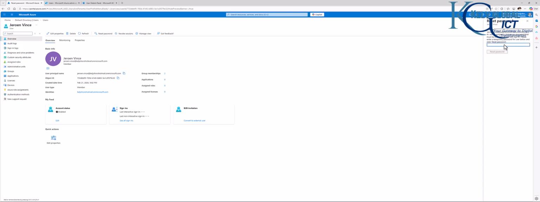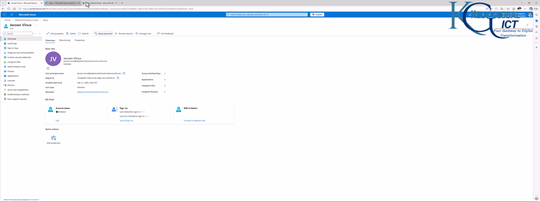So if I enter a password here and I do reset, unfortunately, it says you cannot reset this user password due to a policy or error in your on-premises environment. Okay, definitely, probably there's a policy configured that the password should only be reset from